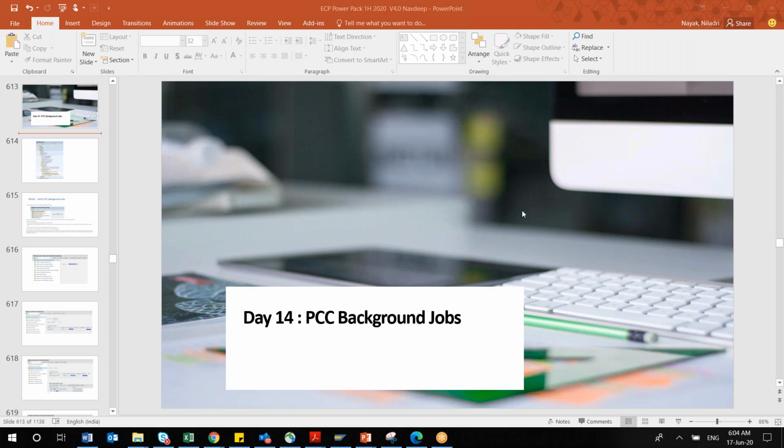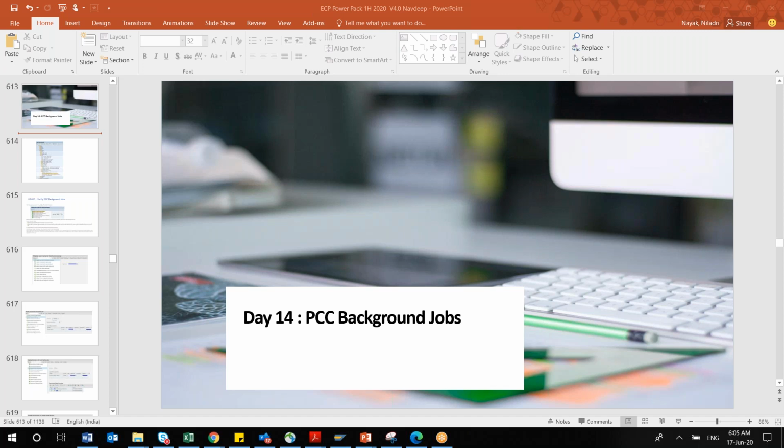Now today we'll be covering a different topic altogether. First of all, we have already seen the PCC front end, that is in our part A: how a typical payroll administrator goes to the system and checks the alert. Similarly, the payroll process manager goes to the system and is able to run the payroll from a payroll operation point of view.